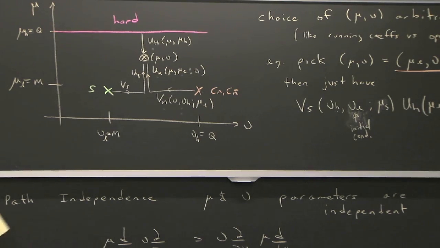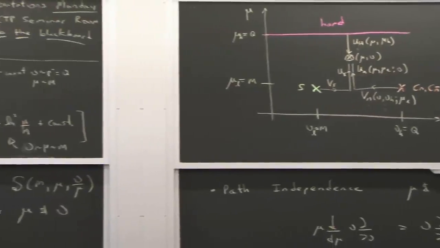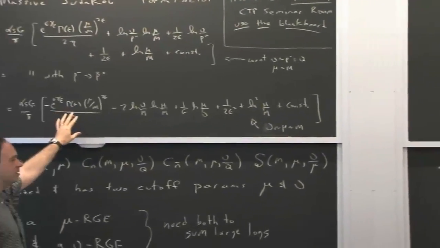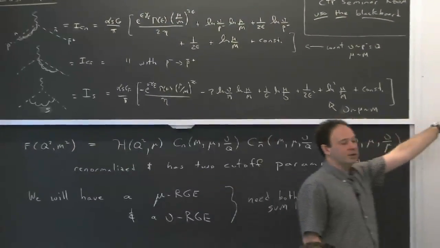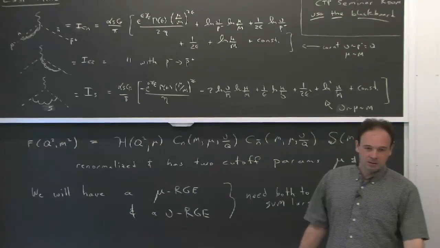OK, so let's do that in detail by going back over here to these formulas, writing down the counterterms, deriving from those counterterms the anomalous dimensions, and then we can see how you would derive these evolution kernels in this picture. Yeah. Can you comment